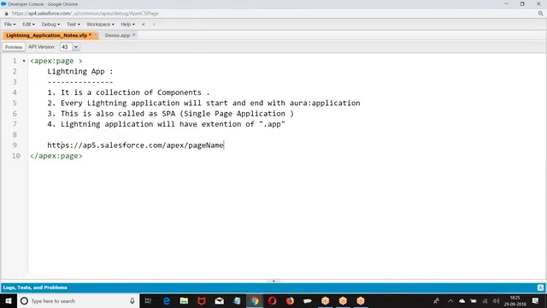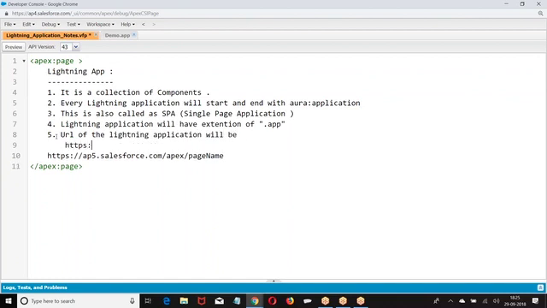So how are the lightning pages invoked? By the URL of the lightning application: domain name slash C namespace slash application name.